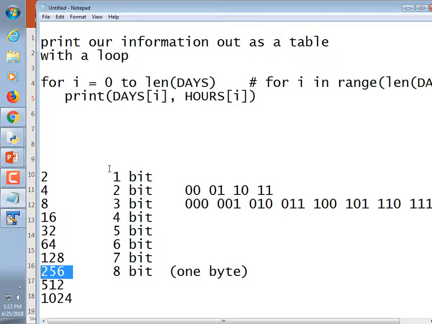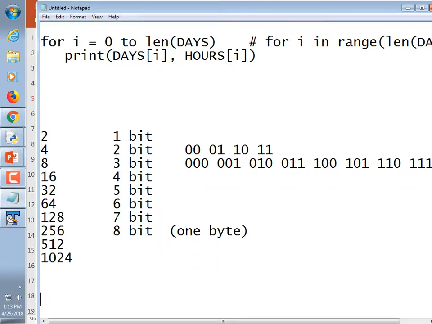Well, 6 bits isn't enough because when we were adding up all of our letters and numbers and stuff like that, we came up with more than 64. 7 works. So the original version of ASCII that was defined was for 7 bits. And then that left all the numbers between 128 up to 255 free for computer manufacturers to determine themselves. And so you wind up with interesting things like,